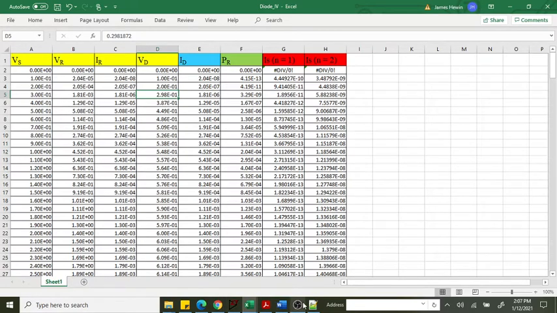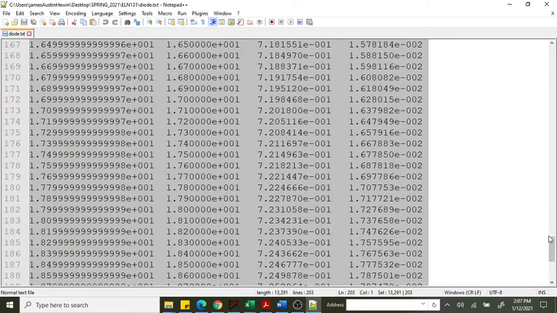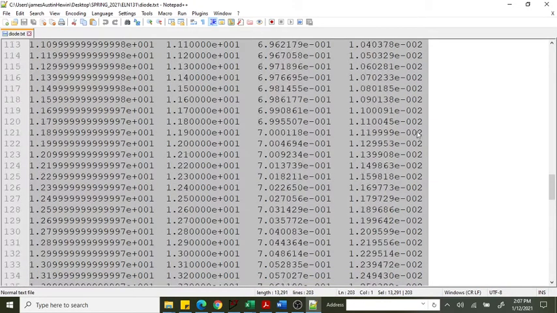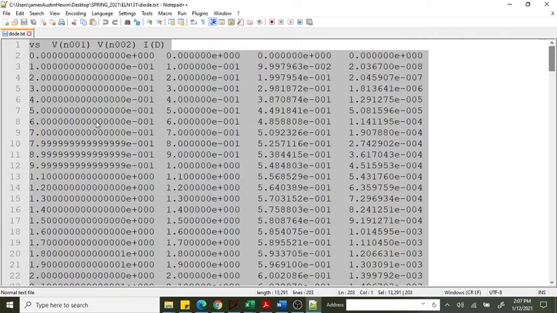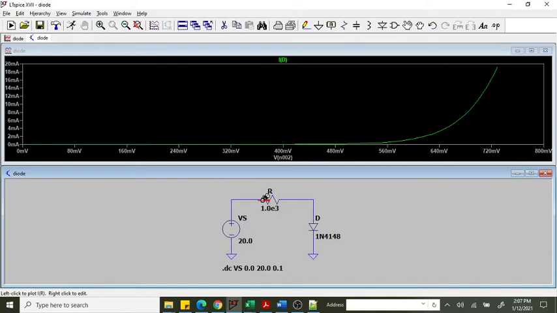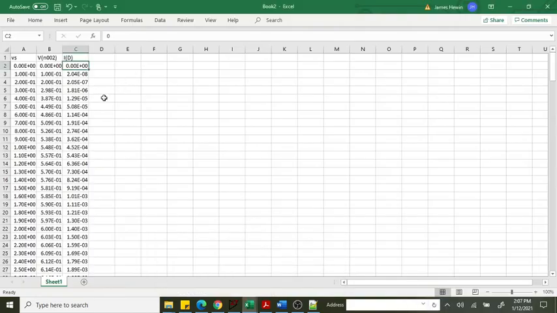Although I did not extract VR, I just got node 2 and then node 1, but I mean the voltage across the resistor is just the difference between those 2 voltages. So let's see, we could extract that as well. But I think for right now, I'll just go ahead and show you how to